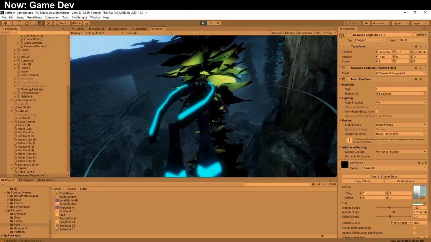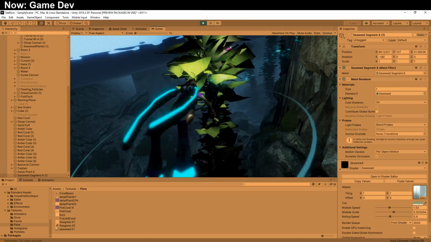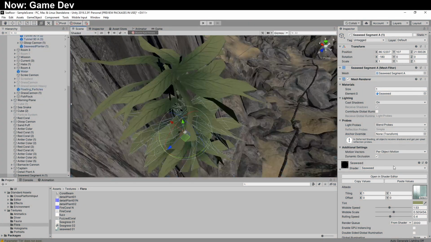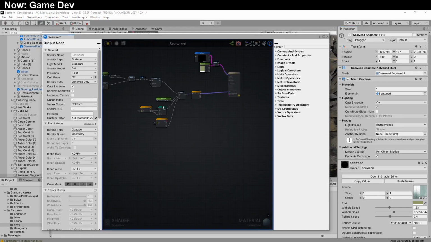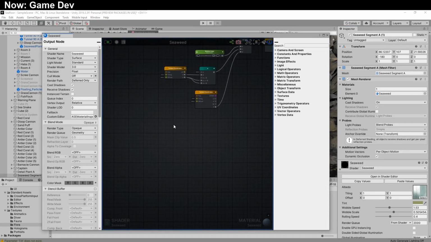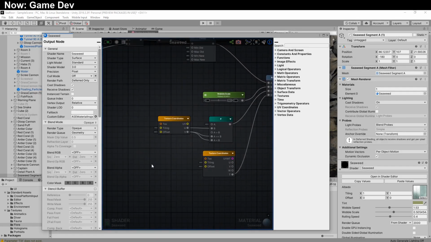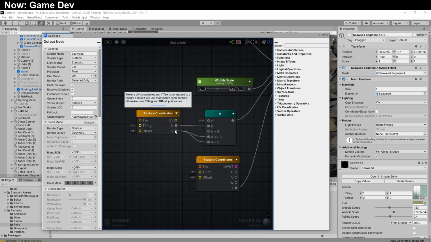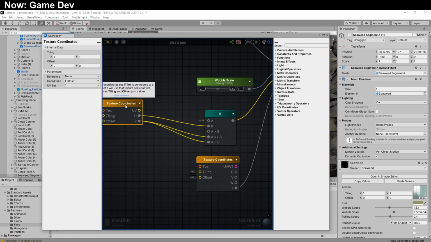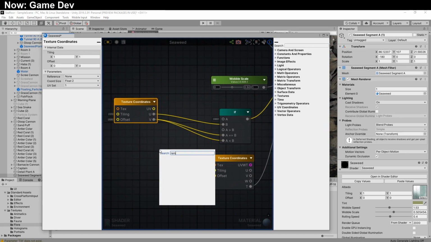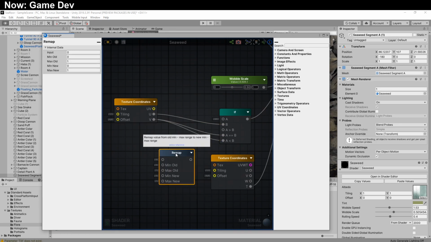The leaf tips are a little bit aggressive. I think we're going to change the weighting there. So let's open up the shader. So what we do here is we multiply the leaf by the V value. V is between 0 and 1, with the tip being 1 and the base being 0. I don't actually want this to be between 0 and 1, so we're going to use a remap. What I want this to be is between